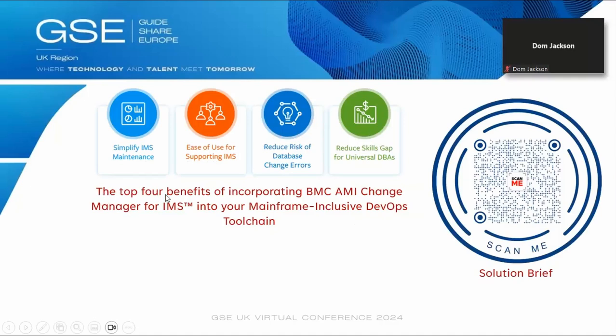Very simply, the top 4 benefits that I think of incorporating BMC AMI Change Manager for IMS into your mainframe inclusive DevOps toolchain are simplification of IMS maintenance, ease of use for supporting IMS, reducing the risk of database change errors. We saw how, and obviously reducing the skills gap for universal DBAs, right? This is a growing concern